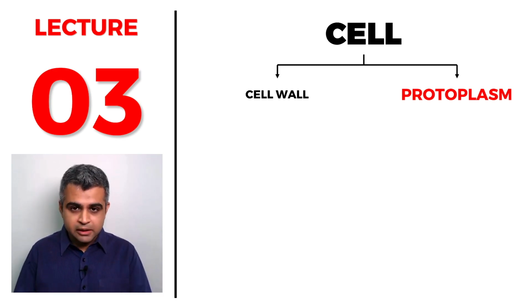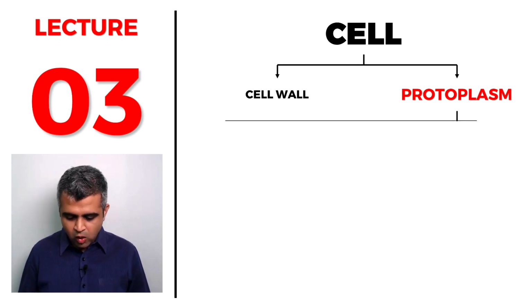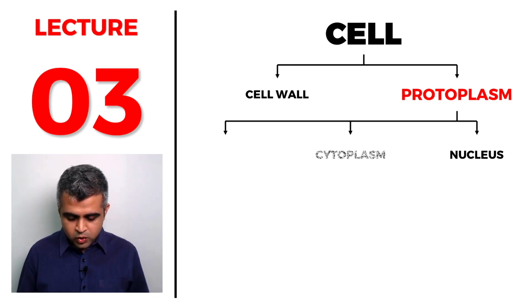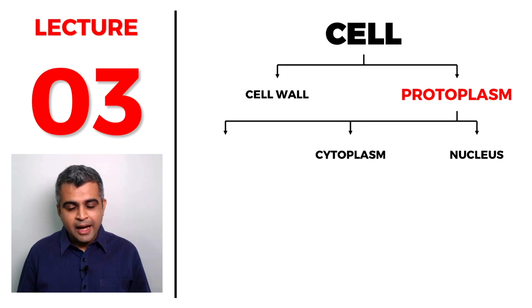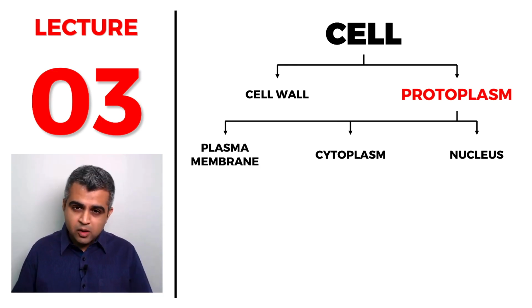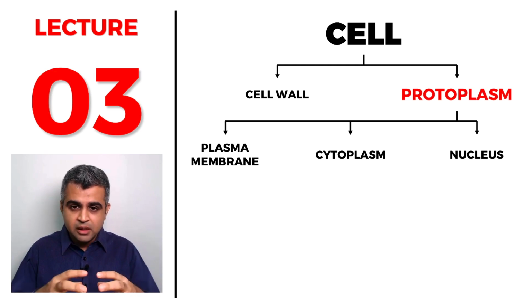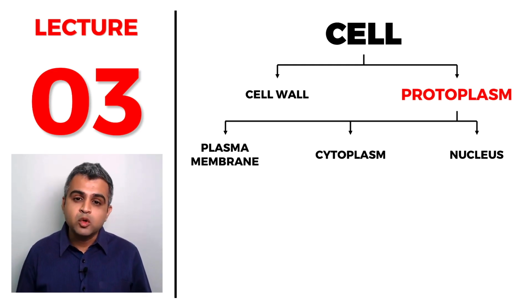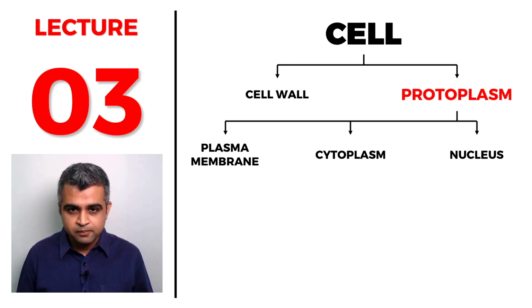Now this living material, protoplasm, can be further classified into 3 main areas. The first is going to be the controlling center, which will be called as the nucleus. The second is going to be the executive center, which will carry out all the work, which will be called as the cytoplasm. And the third will be the boundary which keeps all of this protected and allows things to go outside, inside, and will manage all of that. That boundary being called as the plasma membrane or the protoplasmic membrane or the cell membrane.